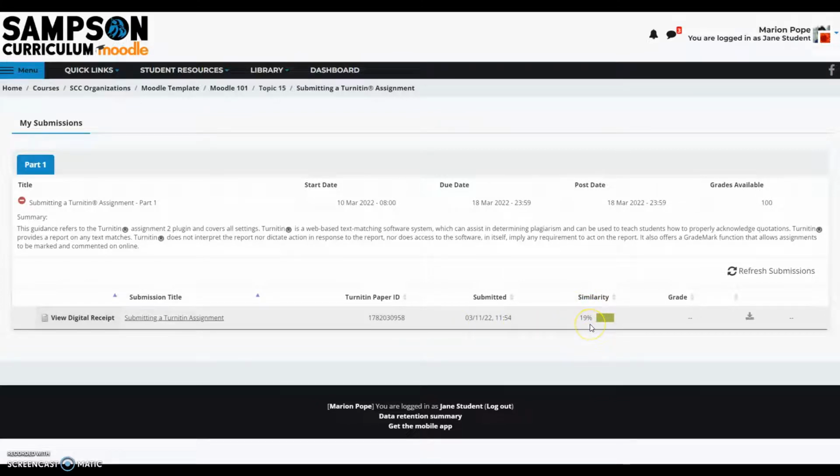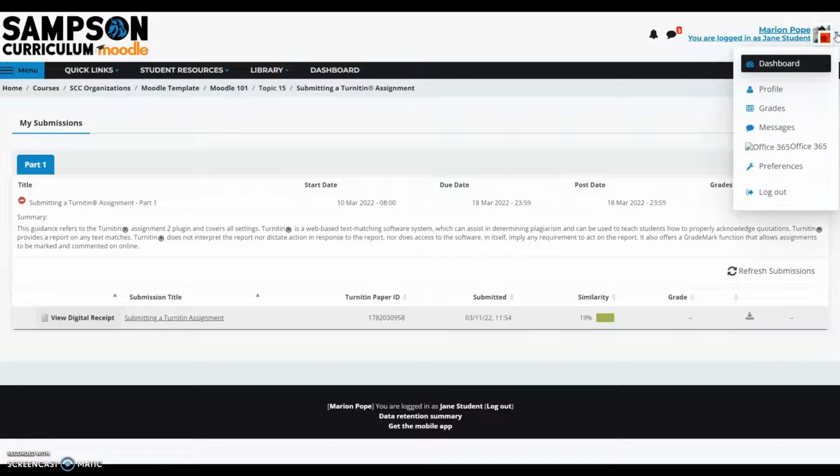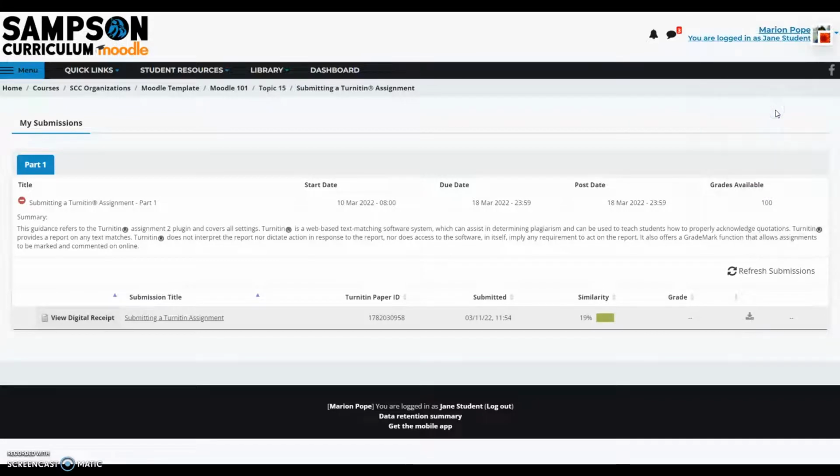is 19%. The instructor will give you further information on the similarity. Once the paper is graded, you will see your grade here. Again, you may download your paper, and then to see your grade, you will click the drop-down menu, go into your grade book,